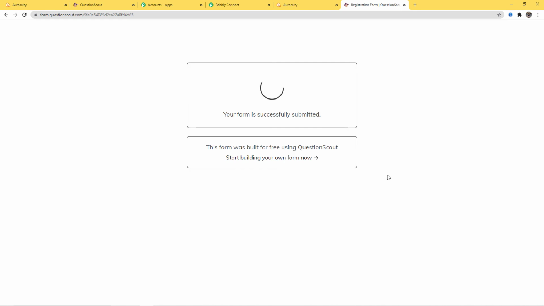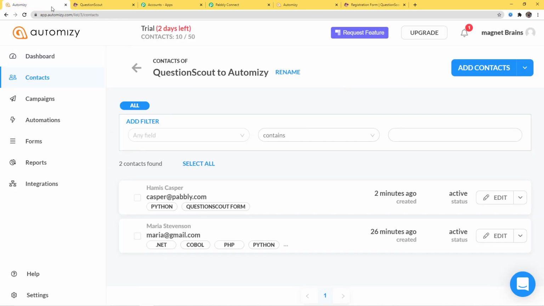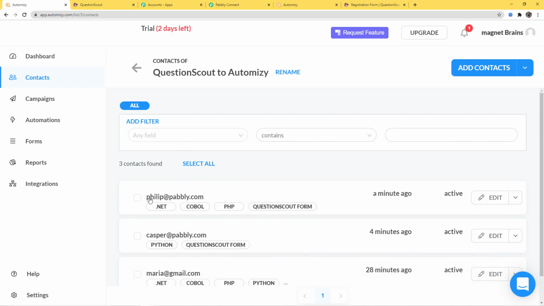Submit. Form is successfully submitted. Now I'll go to Automizy and refresh this page. So here you can see philip@pabbly.com and these 3 were the options in the checkboxes that I selected and that is why they have come here, and Question Scout form was our dummy tag. So we have successfully finished the integration and our integration is working fine.